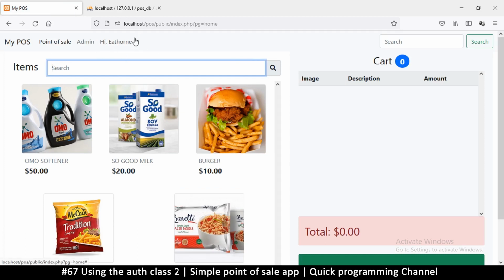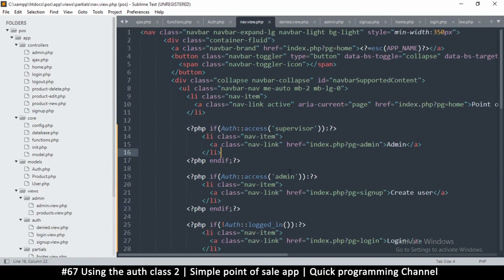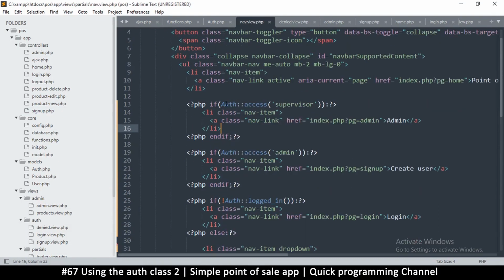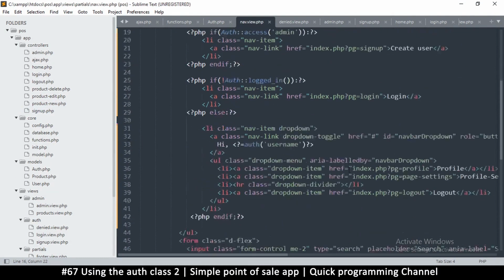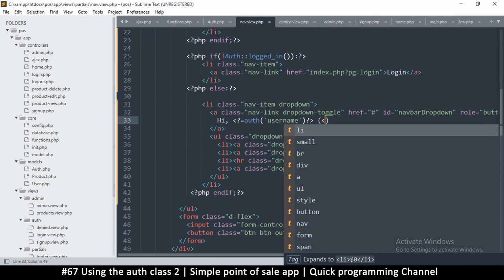Now if you want, you can put in brackets the role of the user. That might be useful to see. So let's go to the nav. It doesn't matter. Where is this? This is where we're seeing the user, right? We can leave a space, put brackets, and in these brackets we can echo out the role of the user. So I'll do this and say